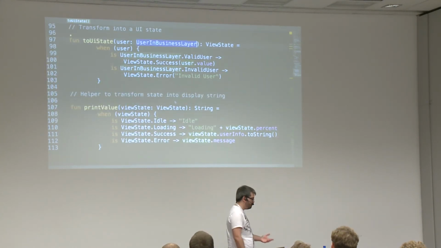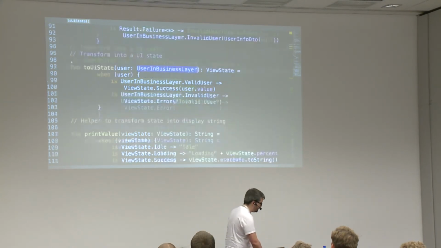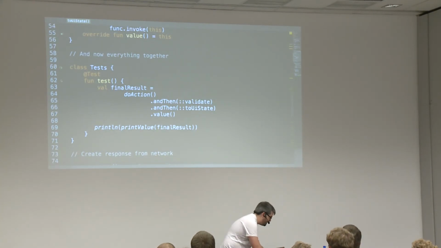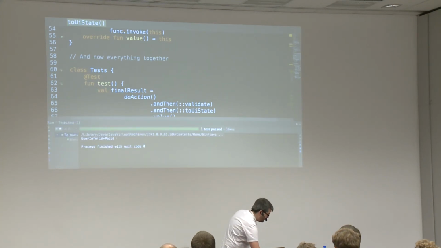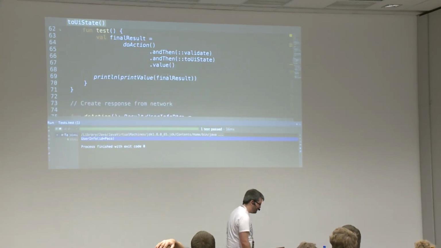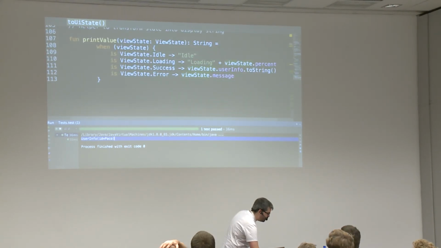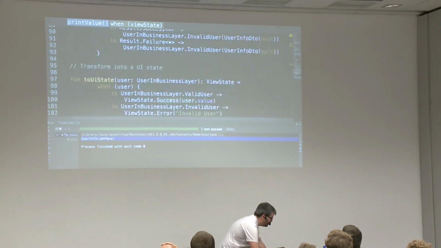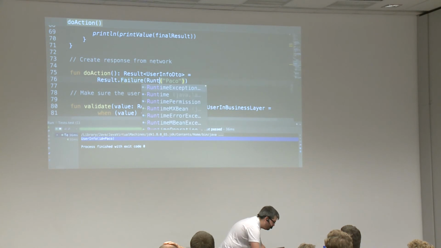And finally, I have a helper method, print value, which only returns a string representation of your thing. So let's run this test. The result is telling me that we have a user info called Paco. The user info is received because at the endpoint we received a success, and we have the information about the user. But if I had a failure in here,